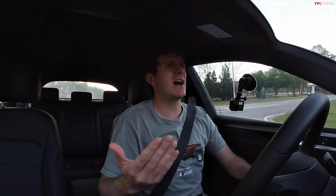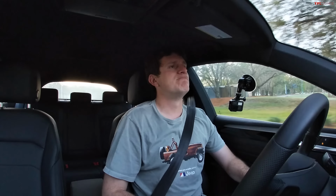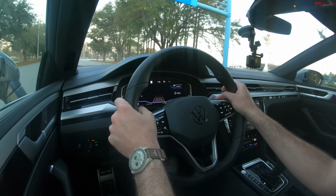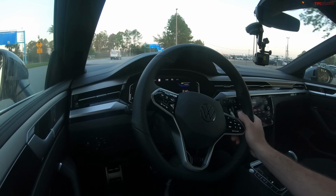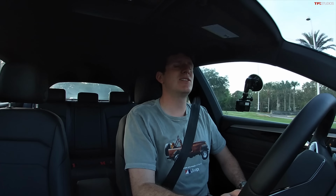Now, the tricky thing is, I'd like a higher model because you get the all-wheel drive as standard. The front wheel drive is okay, but especially living where I live in Colorado, having that all-wheel drive would be a fantastic feature. But then you've got to deal with the larger wheels and the additional expense, so a little bit of a trade-off there. But Arteon, you know, if you want an unusual vehicle with a lot of power,